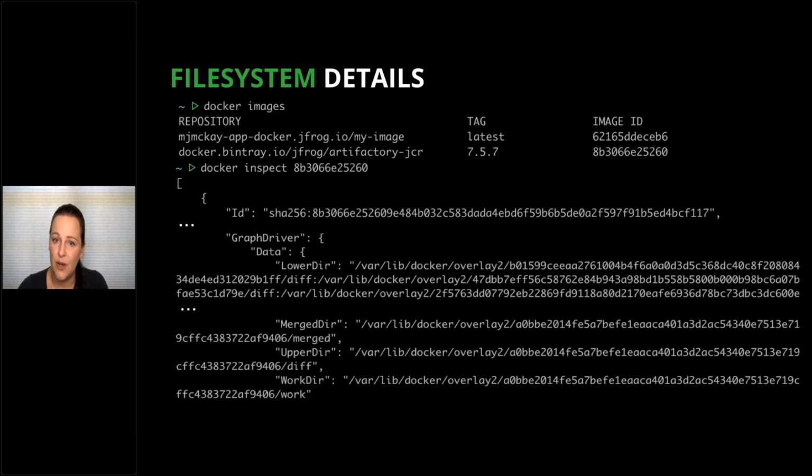This slide shows how you can get information about the images that you have stored on your system. First, I listed my available images using the docker images command. I actually have several images installed, but I'm only showing you the first couple in this list. Using the docker inspect command, I can inspect any image I like using its image ID. This will spit out a ton of interesting information. But what I want to highlight here is the graph driver section, which contains the paths to the directories where all of the layers that belong to this image live.